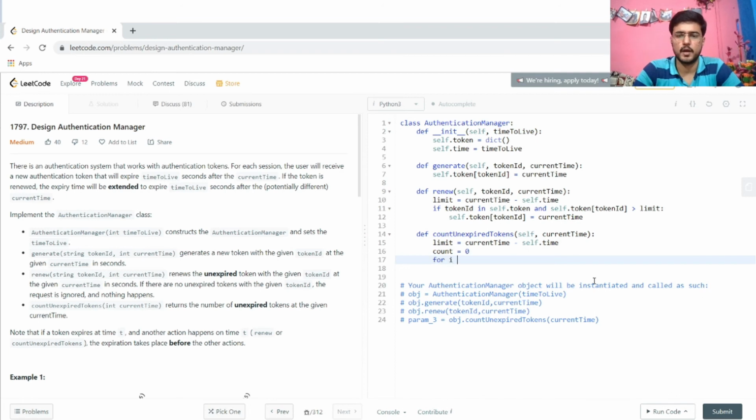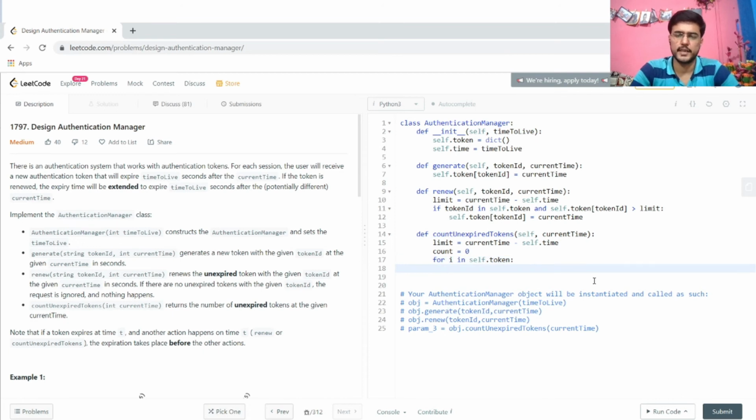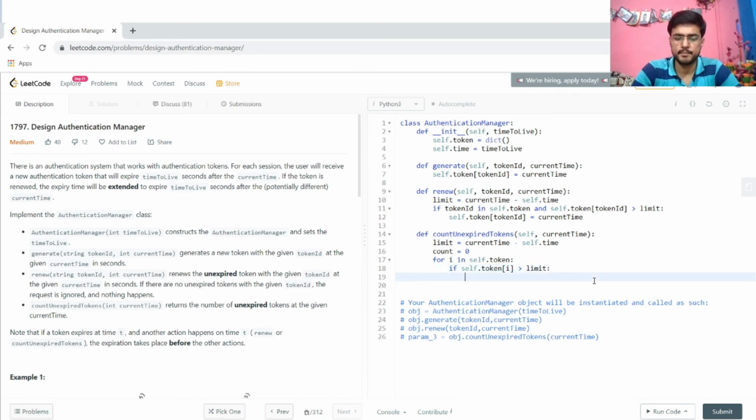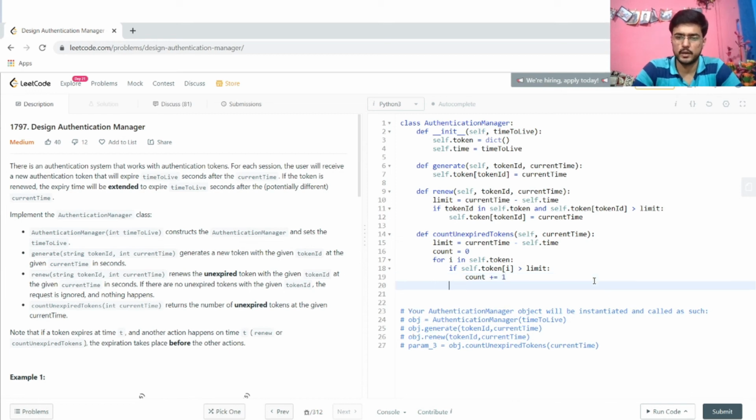For each token in self.tokens, which iterates over the dictionary, if self.tokens[i] is greater than limit, then we simply increase the value of count by 1, and finally return count.